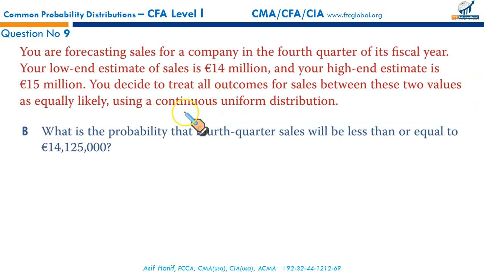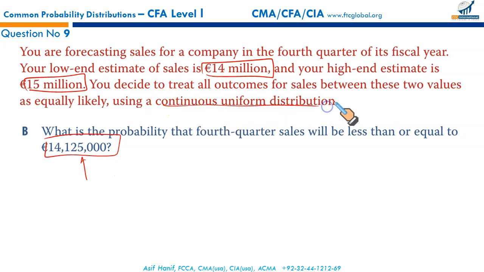Then next, what is the probability that 4th quarter sales will be less than or equal to 14.125? Remember, this is the lowest sale expected and this is the highest sale expected. We just want to calculate the probability of sales being at most 14.125. I hope you remember from your prior learning, since it's a continuous uniform distribution, everything falls between beta and alpha, and since we have been given the value we need, 14.125, then we're going to take